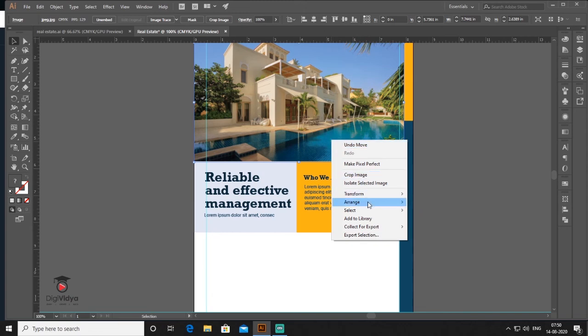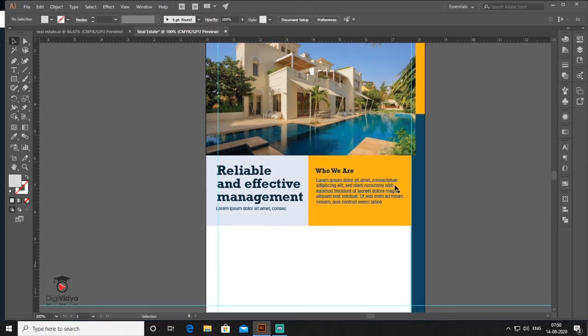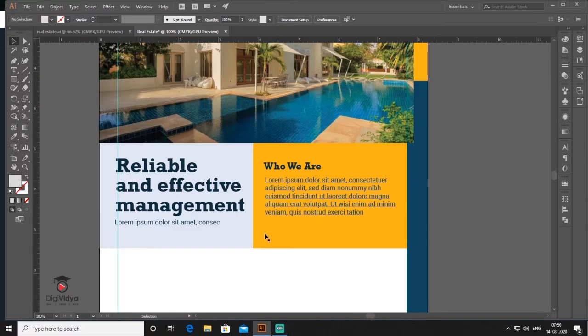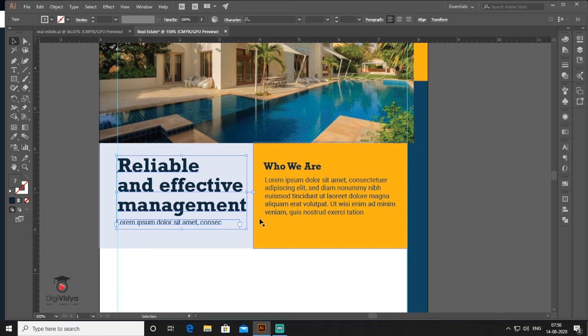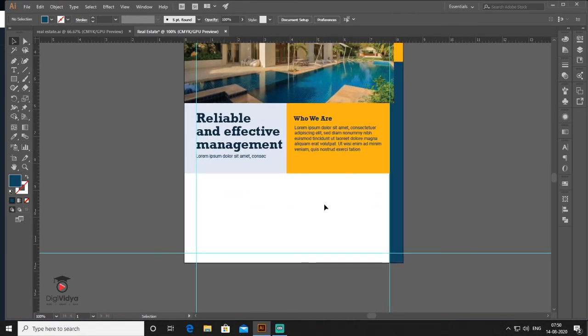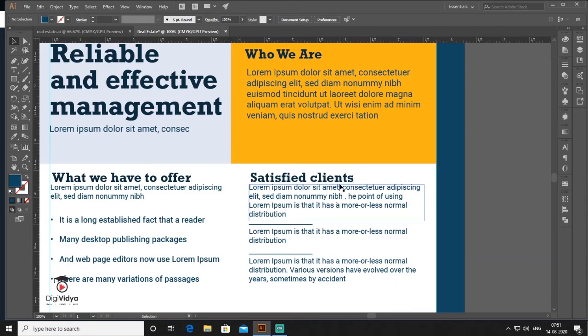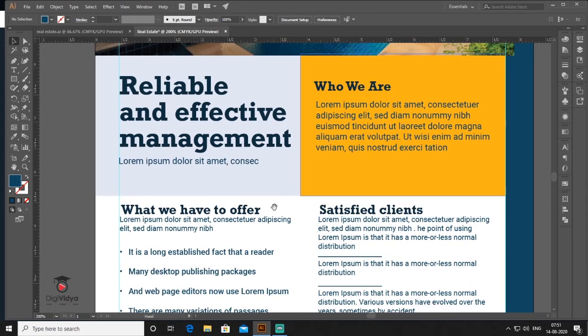And select the image, right click, arrange, bring to front. So here is my text. I just align this. Now I want to write some content here also. Fine, I write some content here,